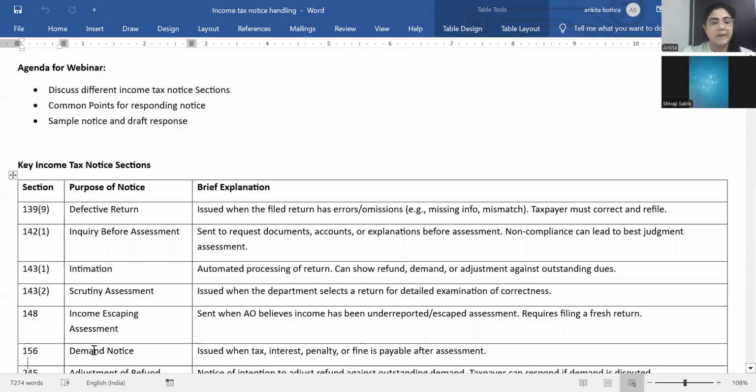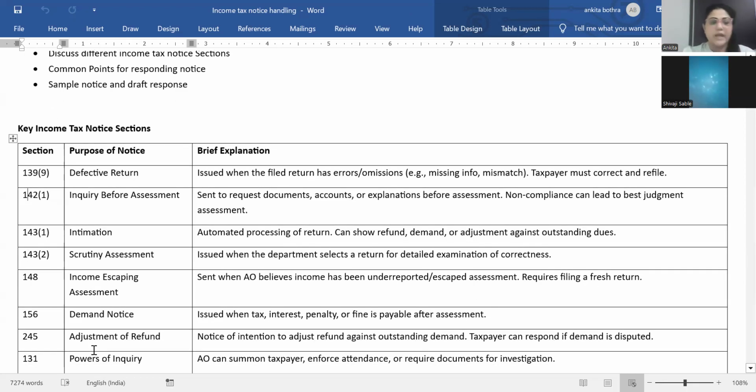And the next notice is a demand notice. Then intimation will happen. If you are not responding to the intimation notice, then there are chances you will get that